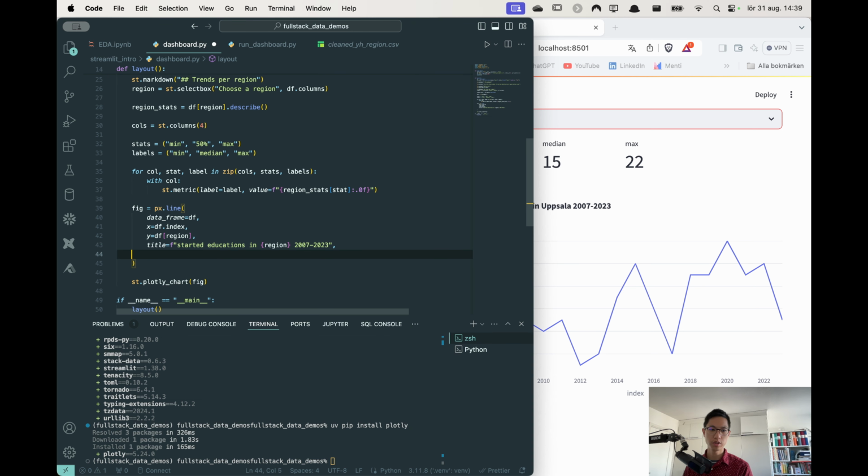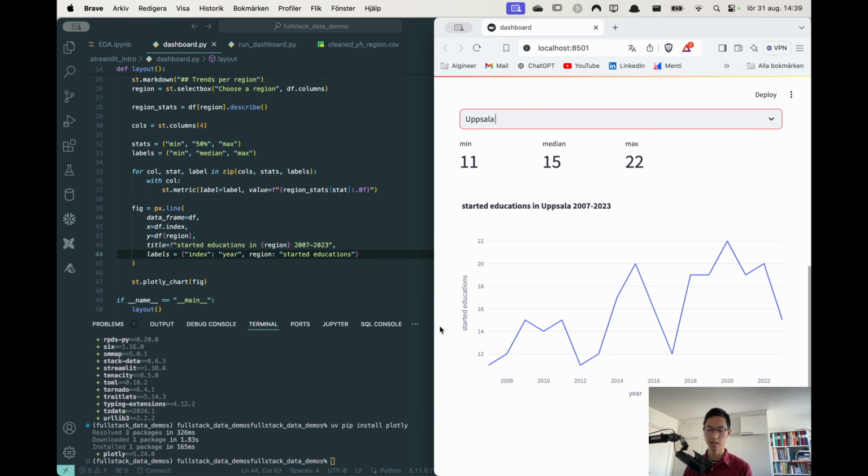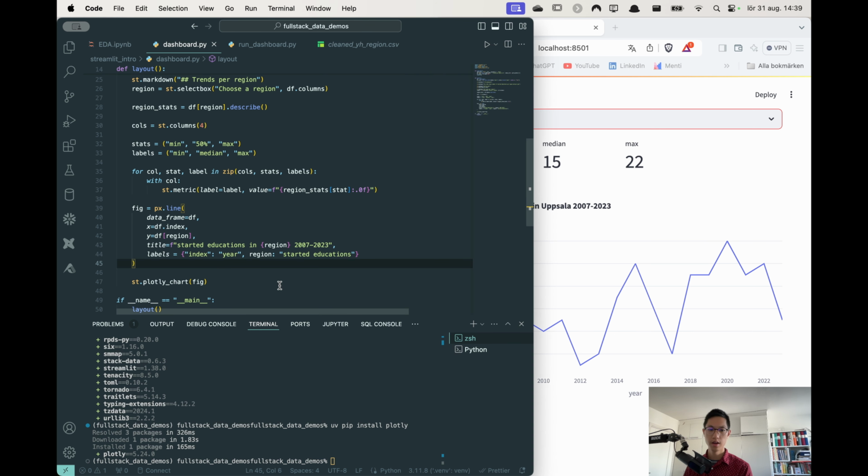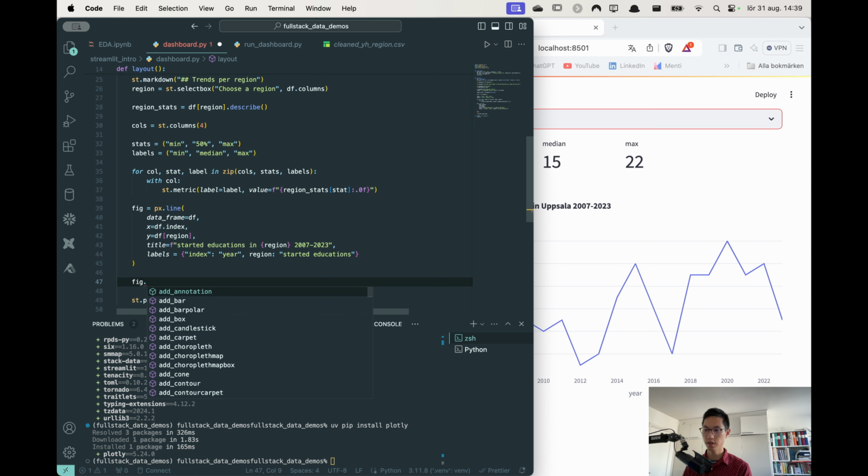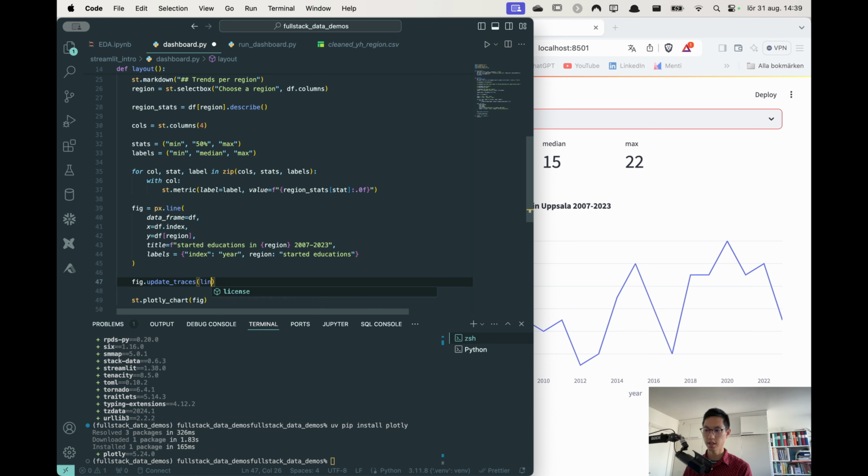So we can change some more things here to make it nicer. Labels, we have index. This one I will put as year. Region, I'll put it as started educations. So save this one, and we can see that the x and y labels changed. We can update this. fig.update_traces, line equals dict of width equals 3, so I can change the properties. So here I get thicker lines,